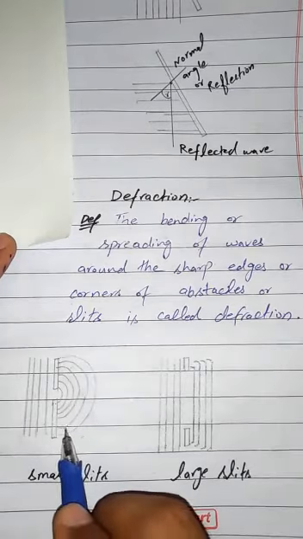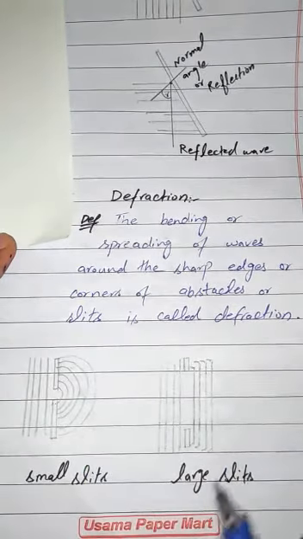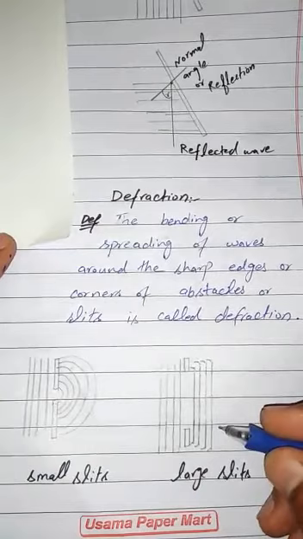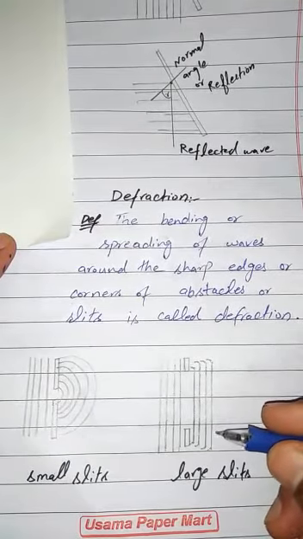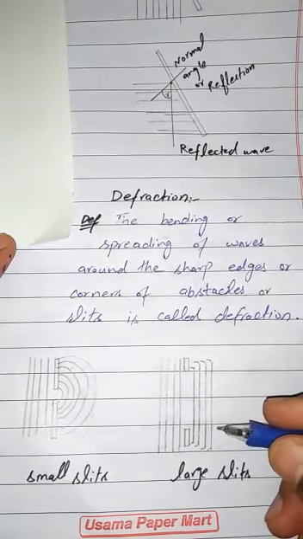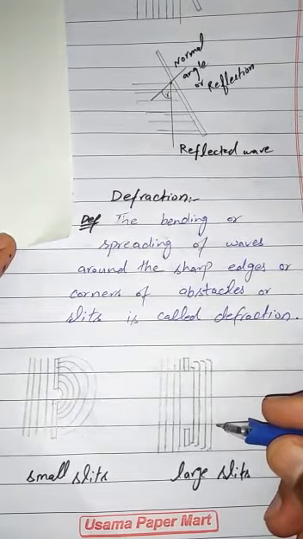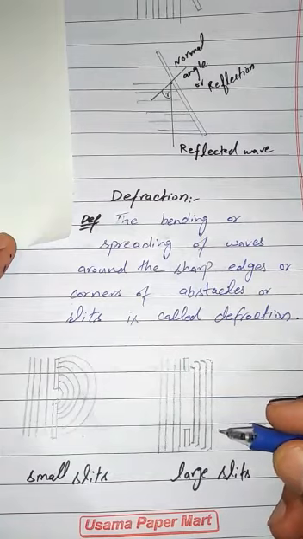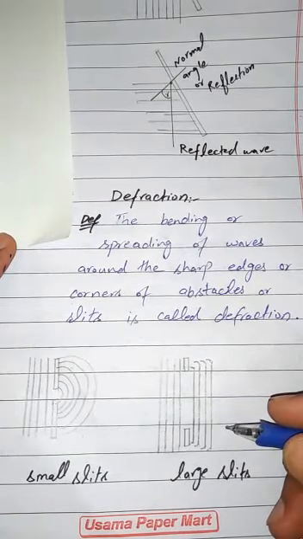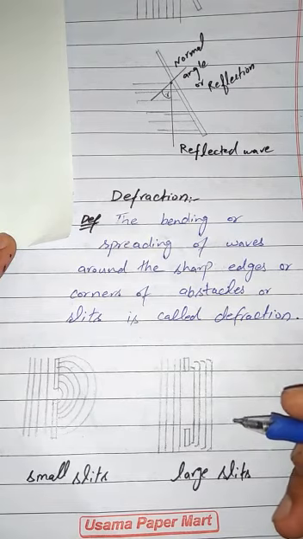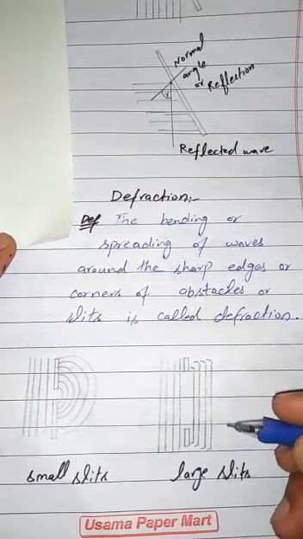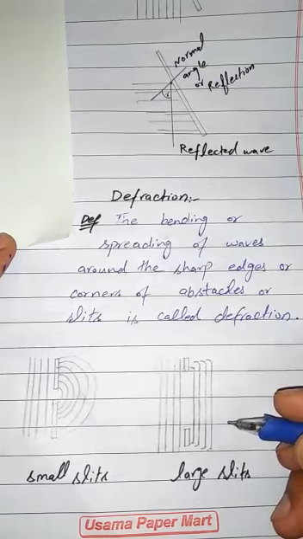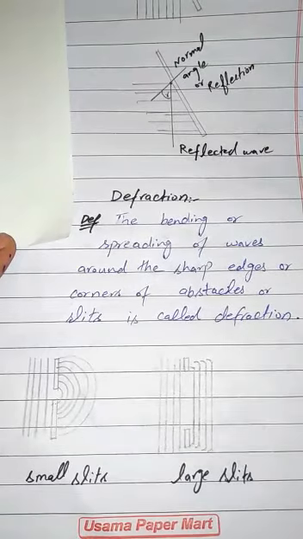Now, in the other case, diffraction of waves can only be observed clearly if the size of the obstacle is comparable with the wavelength of the wave. When waves pass through a slit with size larger than the wavelength of the wave, only a small diffraction occurs near the corners of the obstacle. This is our topic.